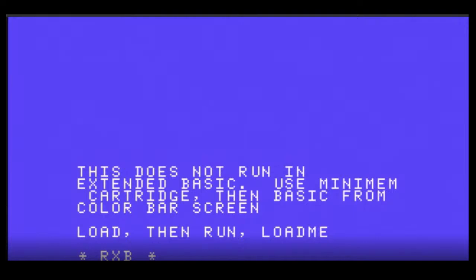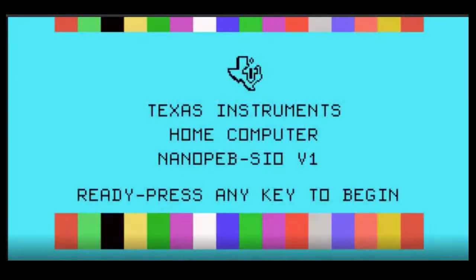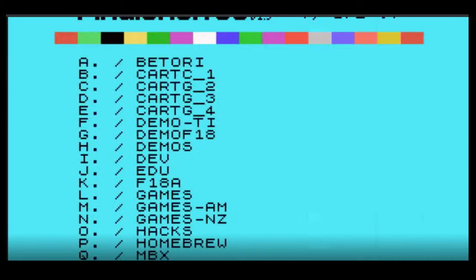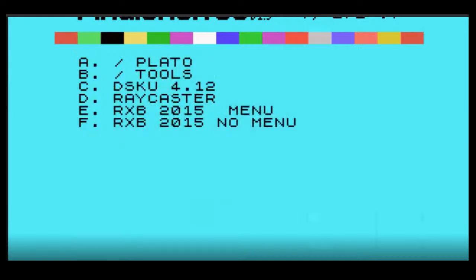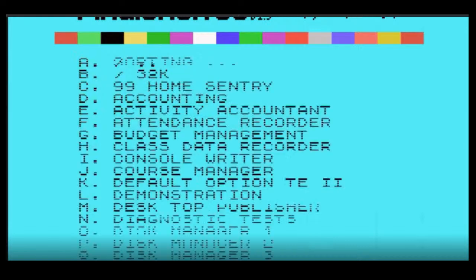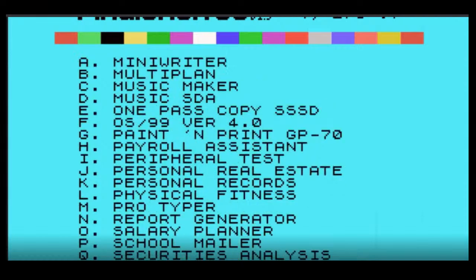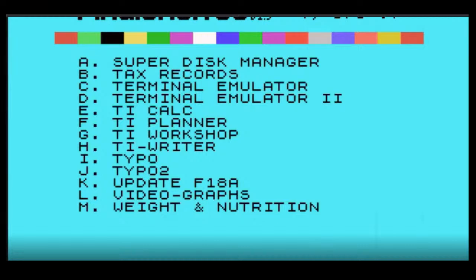Mini-mem, huh? Okay, well, we can do that. So going back to the final GROM. What do we have? New files, new games. B, tools. I don't see mini memory here.